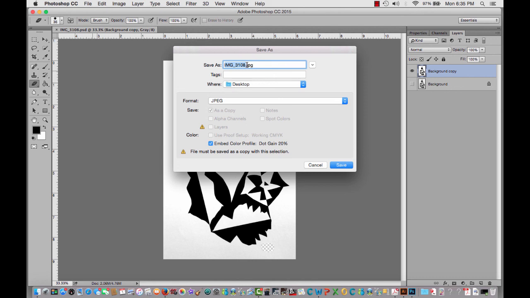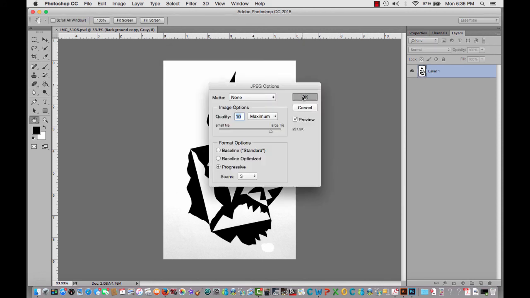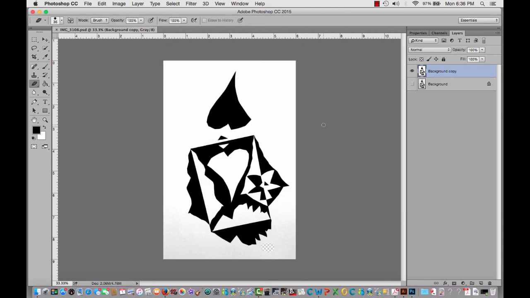But I need to give it a file name that Blackboard's going to recognize. And it has problems with these kinds of files. So I'm just going to call it, and see I've left the extension on there. I haven't gotten rid of that. I'm going to call it sim-1, sim_1. Save. Okay. And that's it. It's ready to post. And you've understood how to, we've posted images in Blackboard before. You can look at the